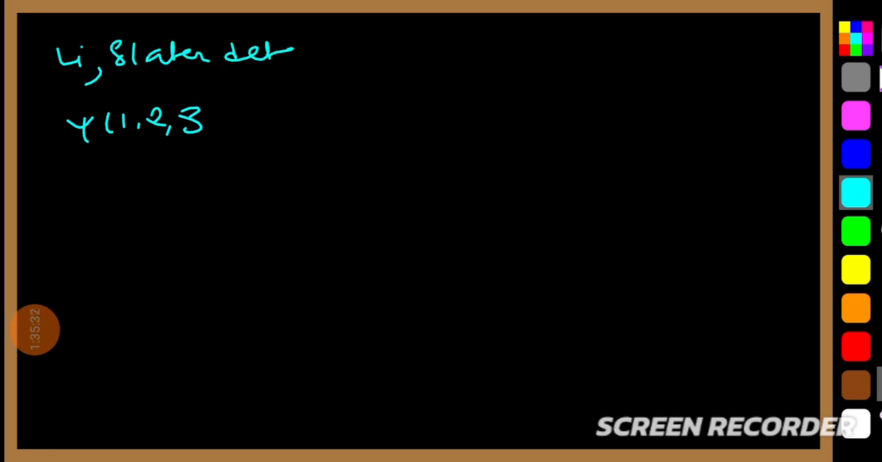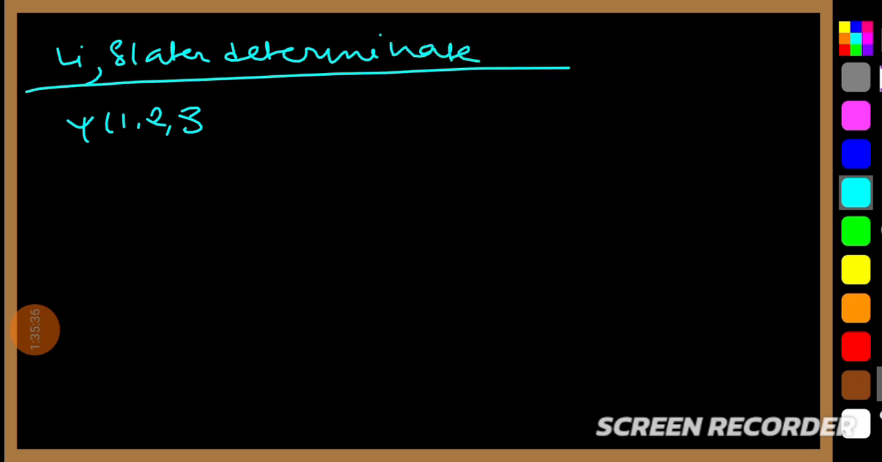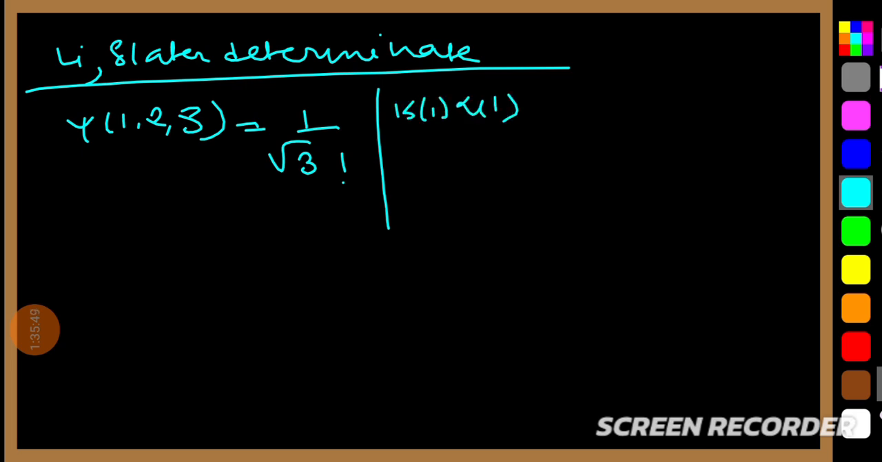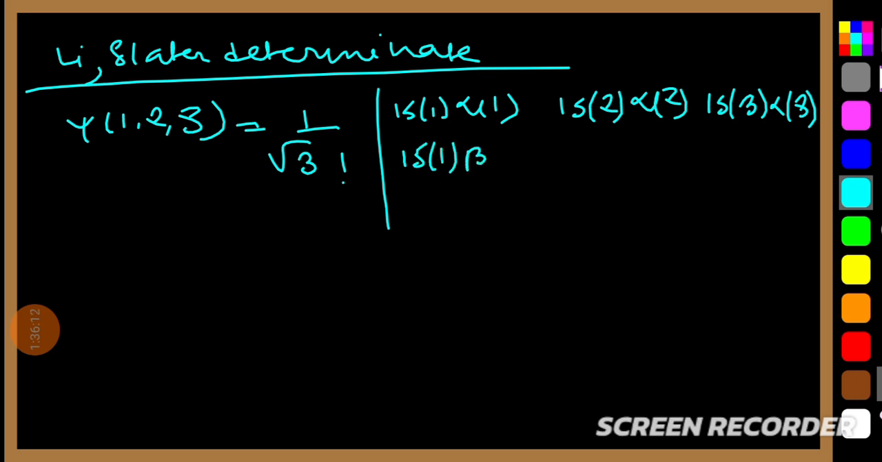Next one, এবার একটু জেনে রাখো, for lithium atom এর ক্ষেত্রে Slater determinant কি হয়, that is psi 1 2 3 Slater determinant for lithium এর জন্য, equal to 1 by root over 3 factorial within the third bracket 1s1 alpha 1, 1s2 alpha 2, 1s3 alpha 3, এবার কি হবে alpha 3, হ্যাঁ, তারপর কি আছে 1s1 beta 1, 1s2 beta 2, 1s3 beta 3,